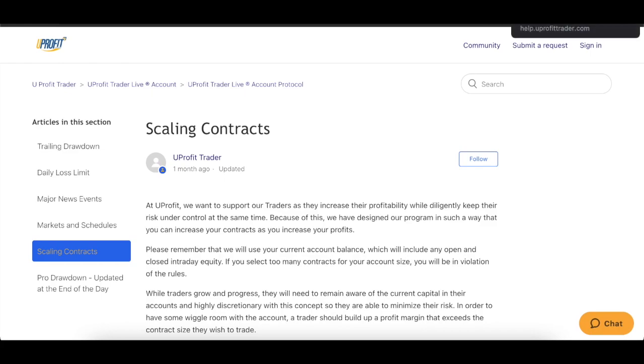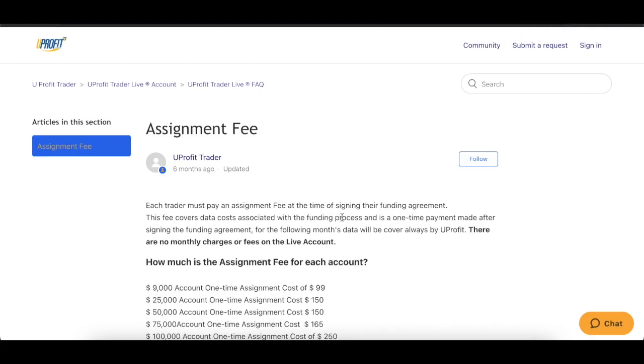And the last thing that I want to point out, assignment fee. This is something you might not be familiar with, as it's usually labeled in a different way. Before we look at the assignment fees, basically when you get funded, some of the programs have you pay a monthly fee for data. So TopStep, they charge a little bit over $100 per market. So if you want to trade a product that's a CME product and a product that's CBOT, CBOE, you're going to have to pay $100+ for each of those markets.